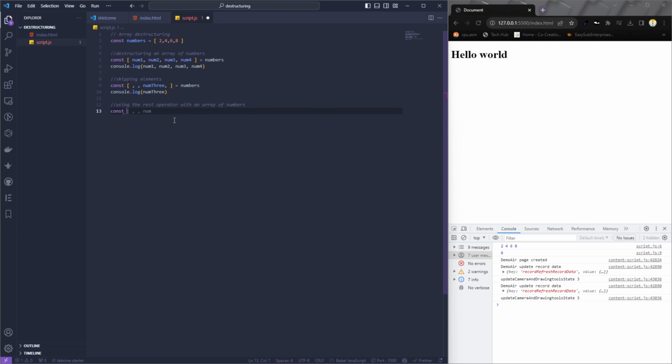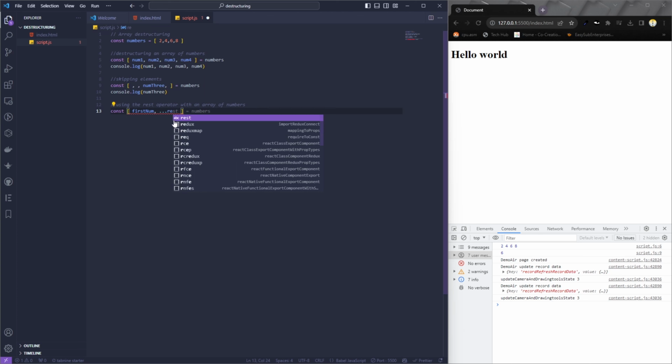For example, I might want to remove the first number, and then group the first, second, and third together. In that case, I can say first number, and then a comma, and then I can say others here